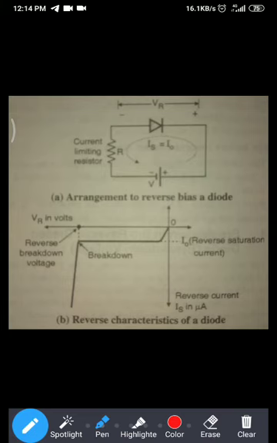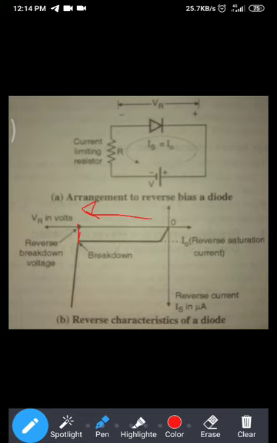Now see the graph. At this particular point, see, the breakdown has occurred. And previously, the current was having very small value. You were increasing the voltage, but the amount of current is very low. And after breakdown, the current starts increasing rapidly. So you can say the avalanche breakdown has occurred and large current starts flowing.